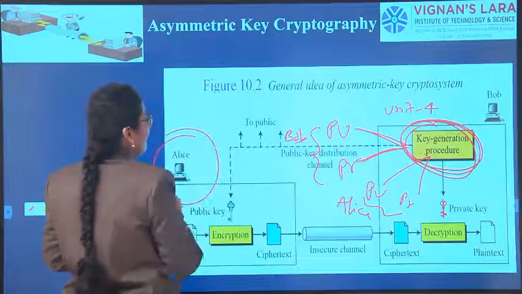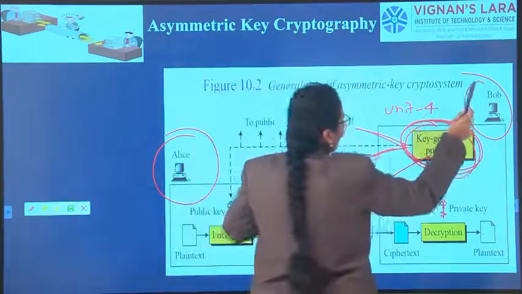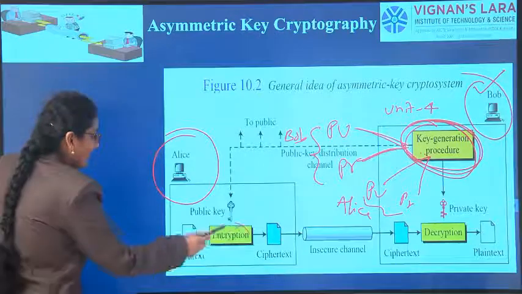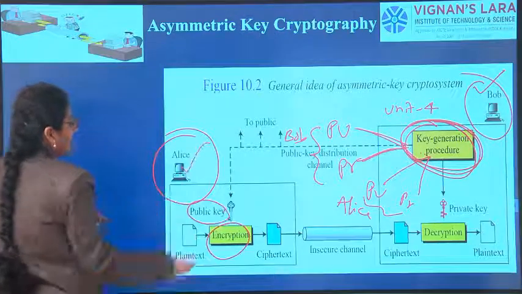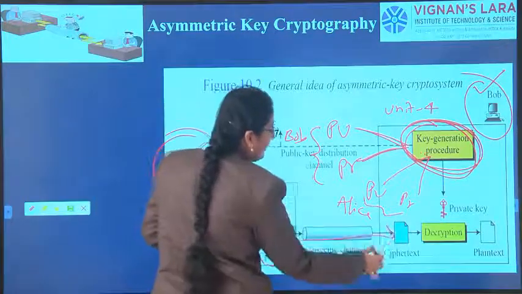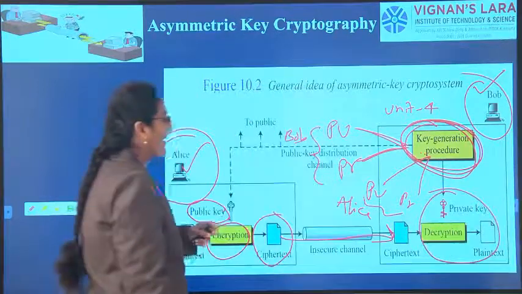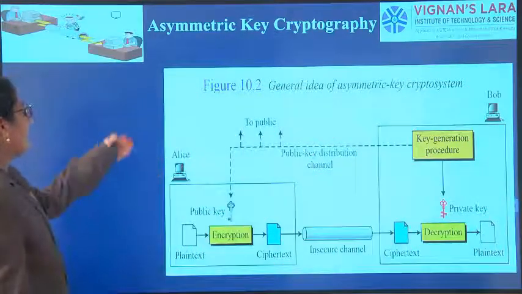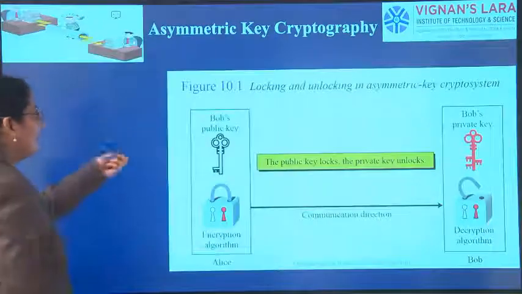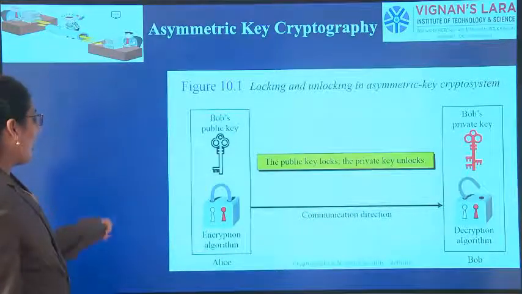Now Alice also has a public key and private key. Bob also has a public key and private key. But we are not using the private key of Bob here now. So for encryption we are using the public key of Alice. So it is encrypted. That ciphertext is given to Bob. Bob will take the private key of Alice and he will decrypt and get the plain text. So in this example, Alice is the sender, Bob is the receiver, so we are using Alice's keys. In the before example, Bob is the sender, Alice is the receiver, so we are using Bob's keys.